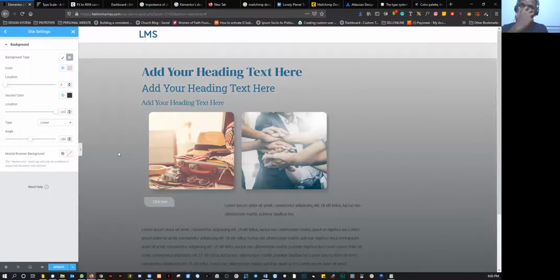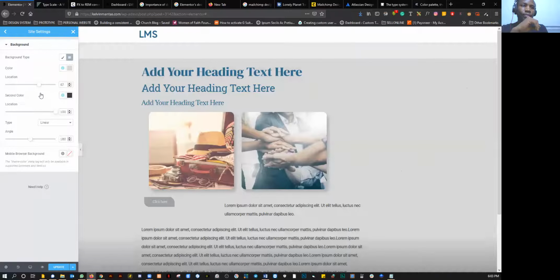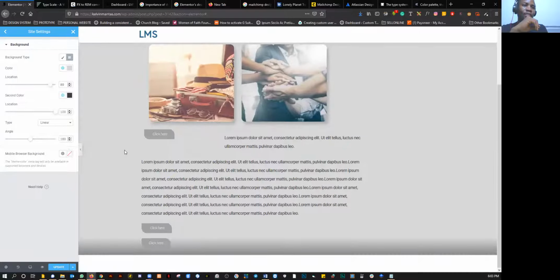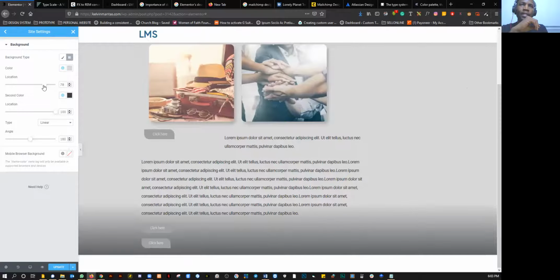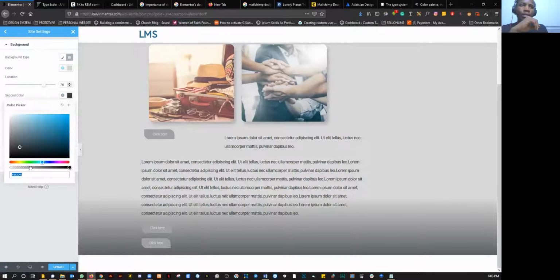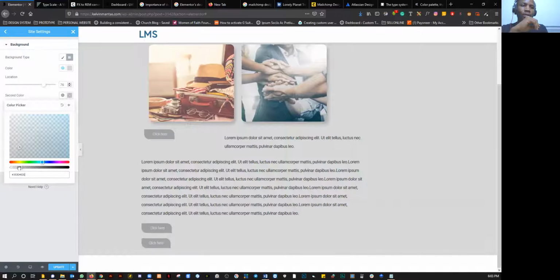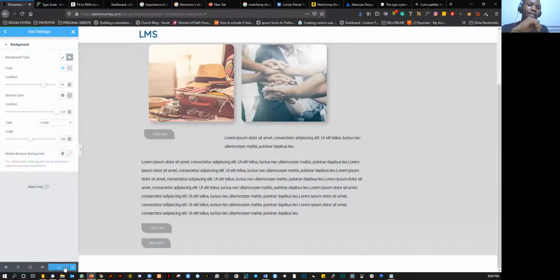So you can decide to create something like this and control it. So you can have this gradient fill on your website and play around with it to get what you want. So once I save this and go to another page,